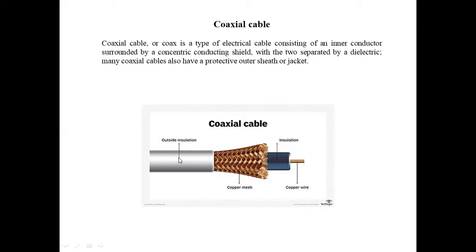Basically, it consists of four things. Again, I'm repeating this. The first one is the copper wire. Then it is covered by the transparent plastic material that is called the insulator. Then at the third point, we have the mesh covering, and at the last, we have the plastic jacket. The basic example is the cable that is used in your homes by cable TV operators. Either you have the cable connection in your homes or any set-top boxes, the cable that is used there is similar to the coaxial cable.